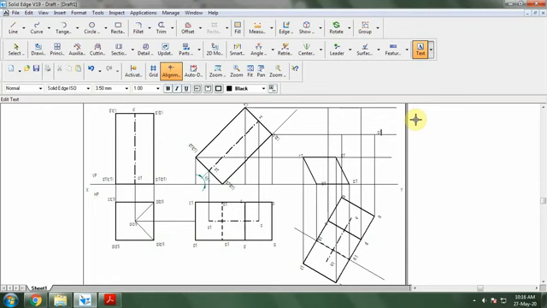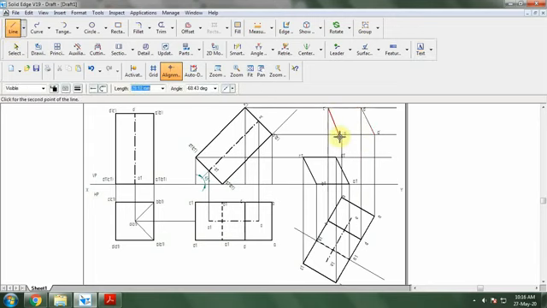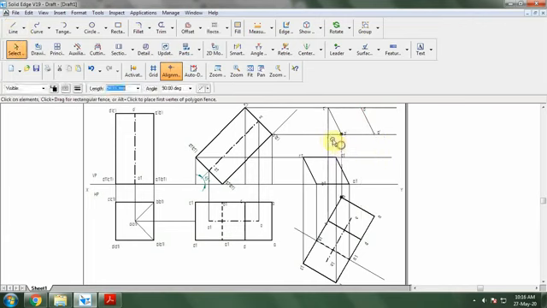So A dash, and this will be B dash, C dash, and this will be D dash. So join the lines A to B, D to C, C to B, and B to A. So once you've done this, you can remove the projection lines. So later you can draw once again.